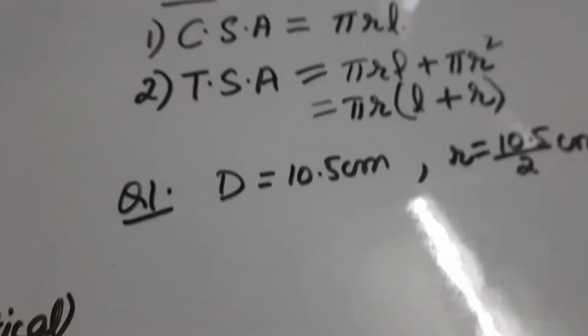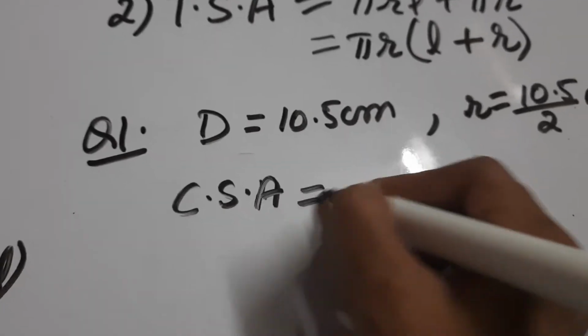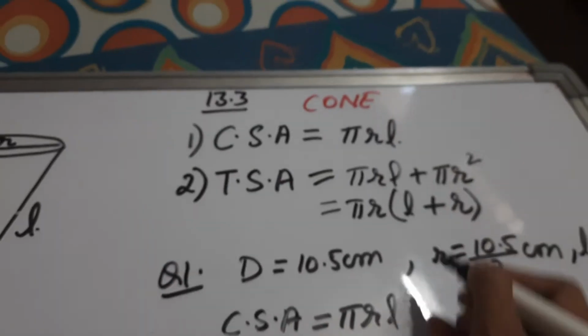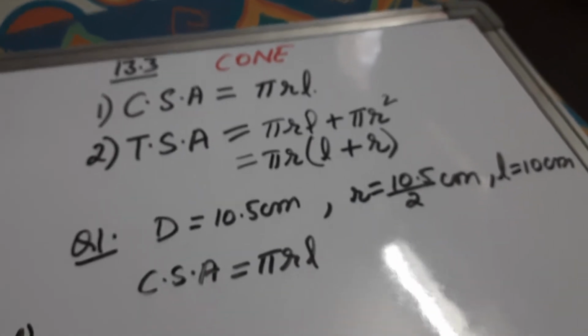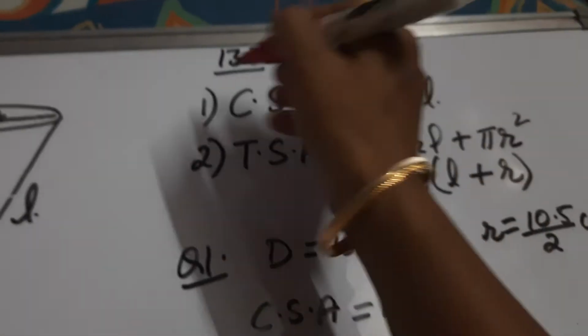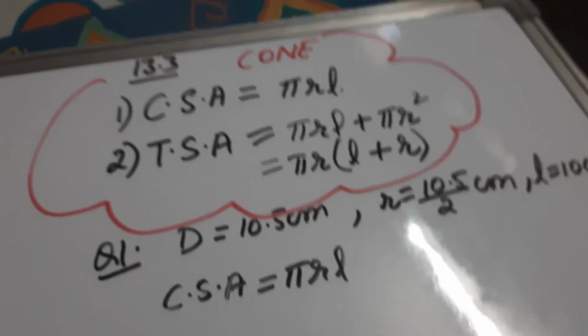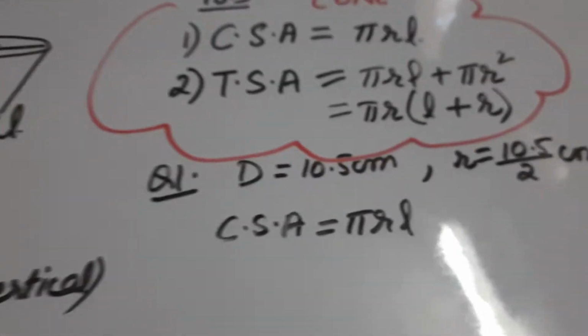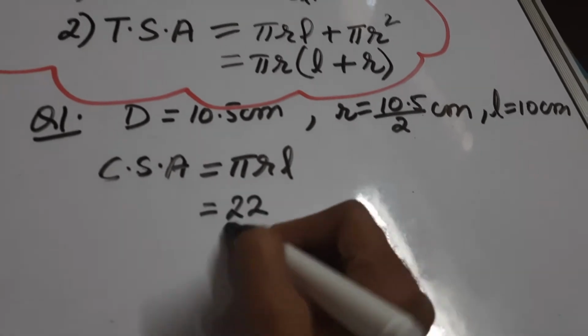Okay. So now we need to find out the curved surface area. So let us write down CSA is equal to pi RL. CSA is equal to pi RL. So before starting the exercise, do write the formulas also, dear students. Do write these formulas in the form of cloud in the notebook, before starting the exercise. So let us put the values. Pi is 22/7.